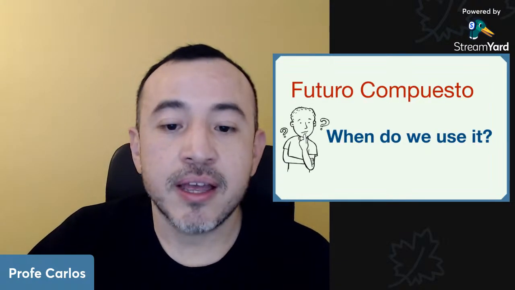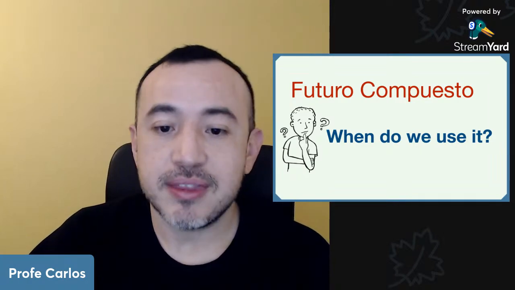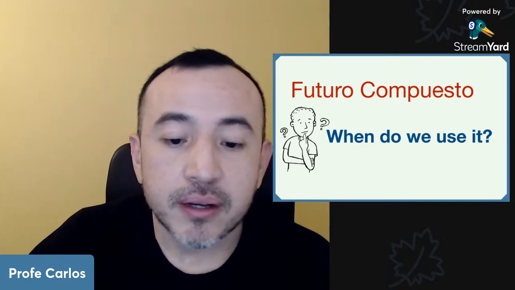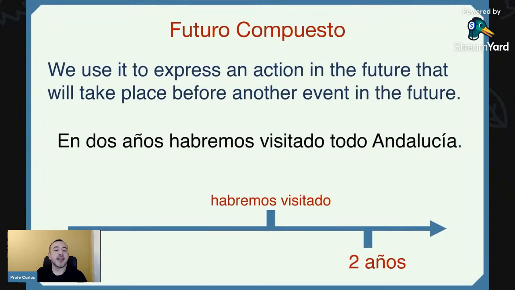Now, what is the futuro compuesto? Let's see this. When do we use el futuro compuesto? Let's start with this, actually. This is more pertinent. Let's go. So, el futuro compuesto. El futuro compuesto, we use it to express an action in the future that will take place before another event